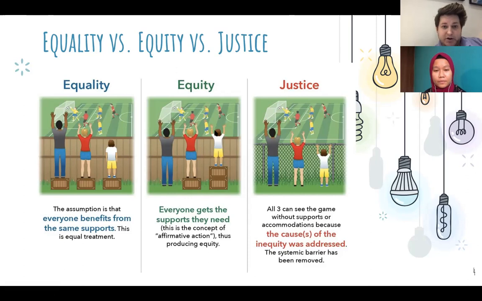And then you have the boy who is now receiving the most support to see the game, but it's still not exactly a fair trade, because if the situation was different, like if the situation was to crawl under a fence, then you have to change your entire benefit system rather than having to look over the fence. So that's why in this perspective, justice is the most important aspect to be focused on